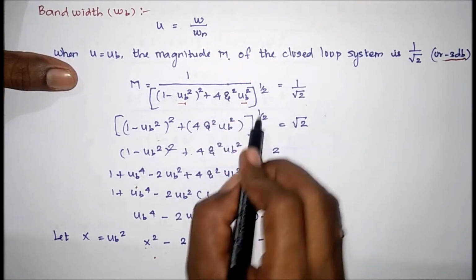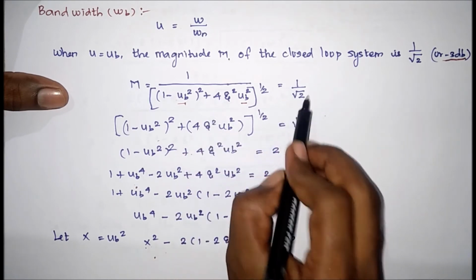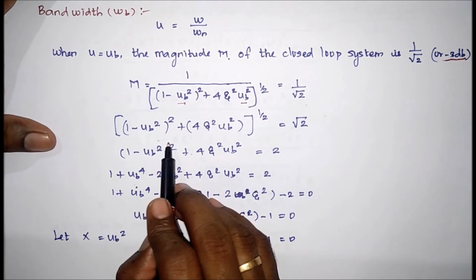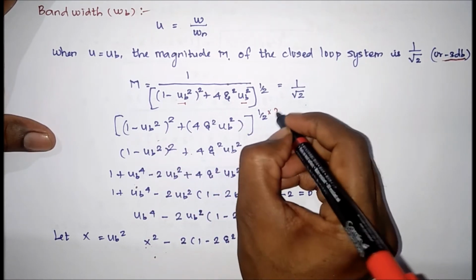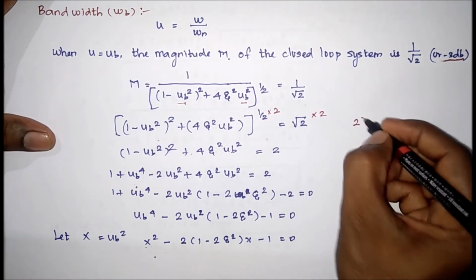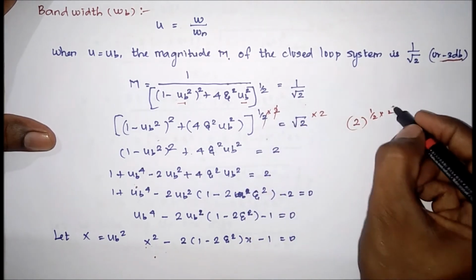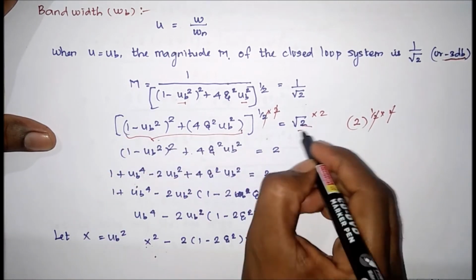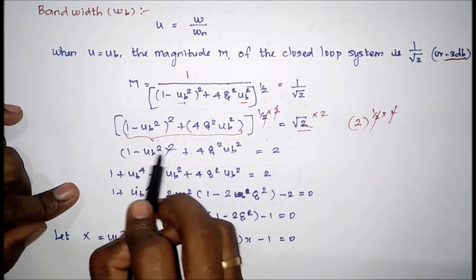Then if we compare these two, here numerator equal to 1, but denominator this term equal to root 2. Therefore this term equal to root 2. Now we are going to square both the sides. So here we are going to multiply square 2. Here also we are going to multiply with whole power 2. So it will become like this. This 2 and this 2 will get cancelled. Here this 2 and this 2 will get cancelled. Therefore the inside term equal to 2. So from this we are going to expand a minus b the whole square.